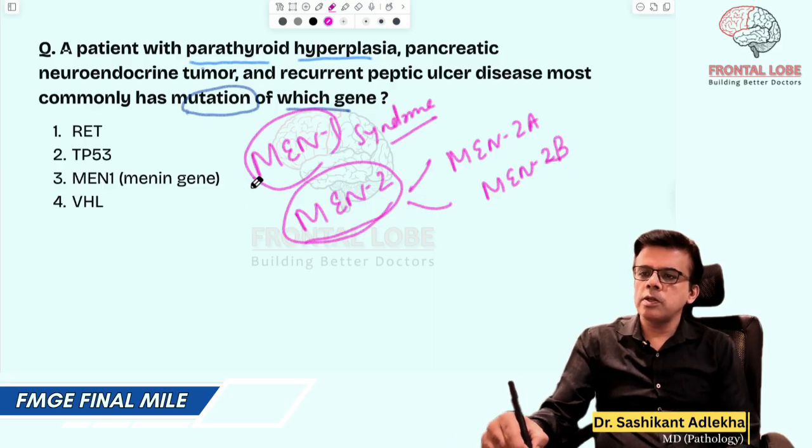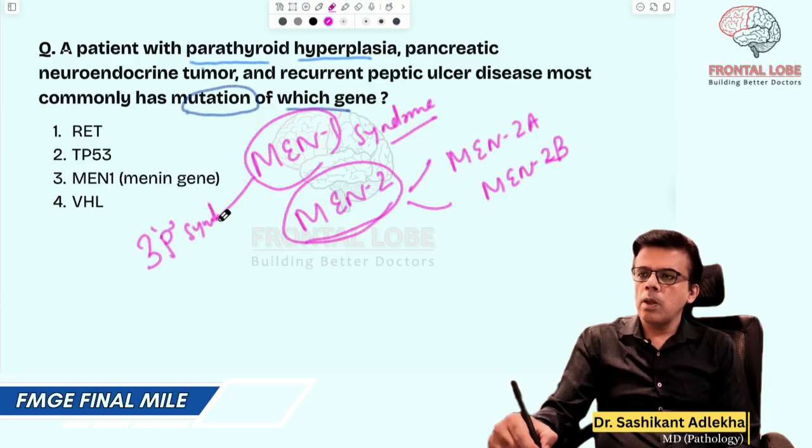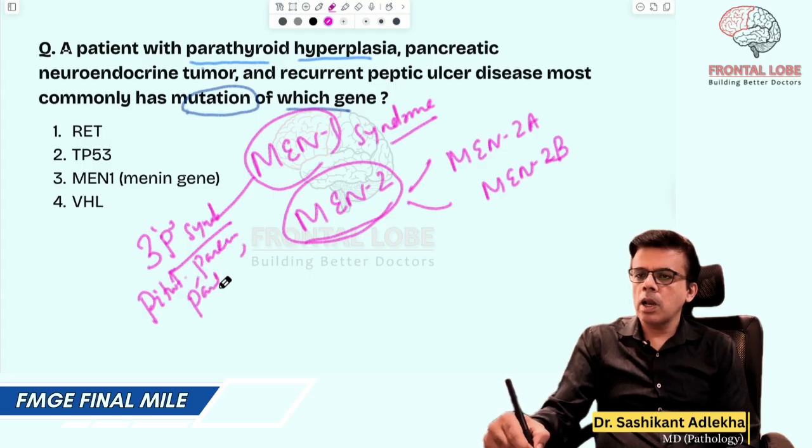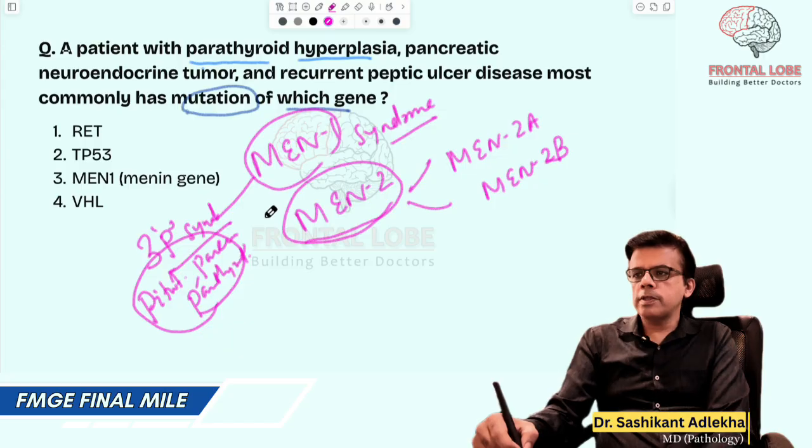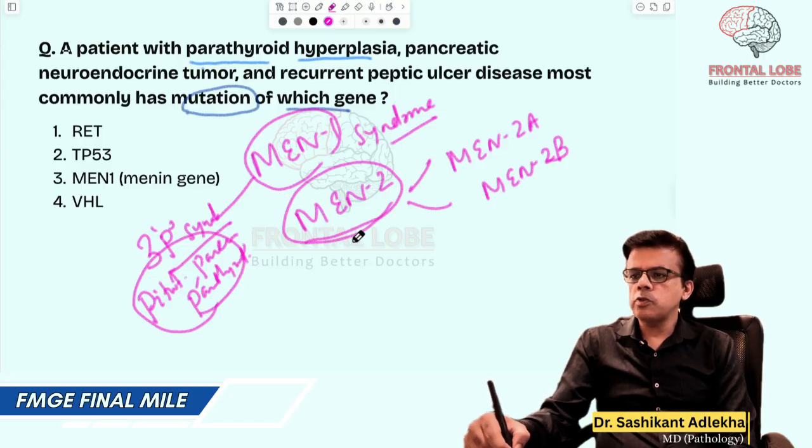MEN1 syndrome is also called 3P syndrome. Commonly pituitary, pancreas, and parathyroid are involved in this MEN1 syndrome, whereas in MEN2 syndrome, there is involvement of